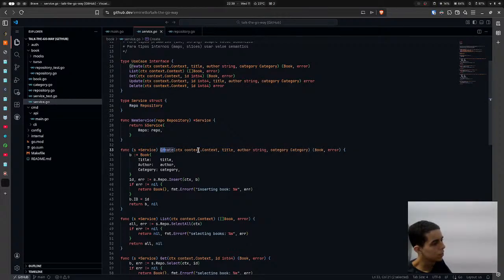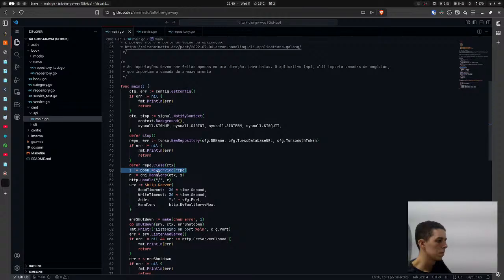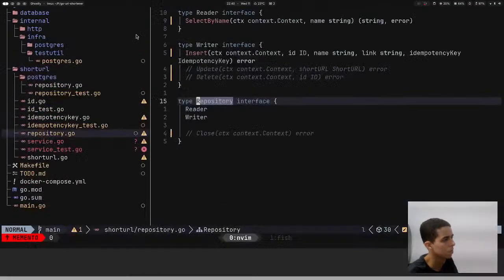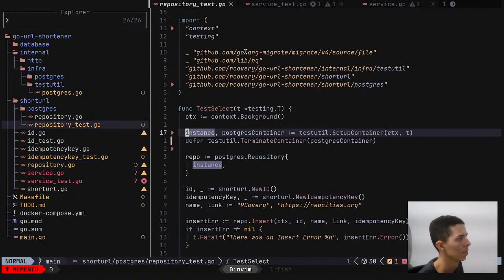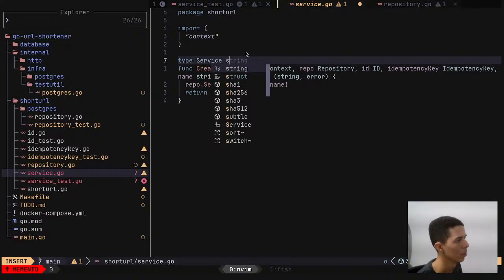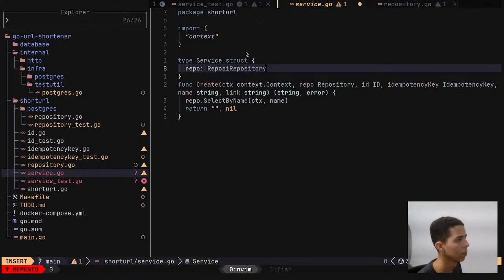Create function service context. Okay, I don't need to. Okay, new service repo. Okay, I understand. I pass the repos to handlers. Okay, I'll not have handlers right now, but I understand. I just create a type services struct which will have a repo in it, repository,